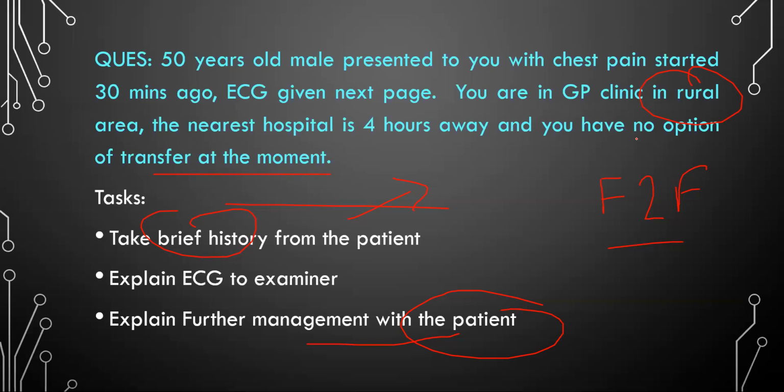Do you smoke or drink alcohol? Any family history of heart condition? So these are the usual risk factors. We could ask about diet, exercise, all of those, which is not so important at the moment. Next,